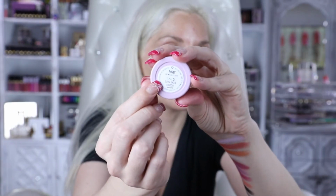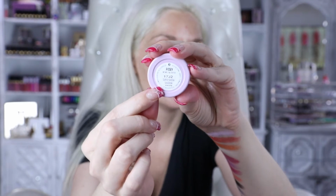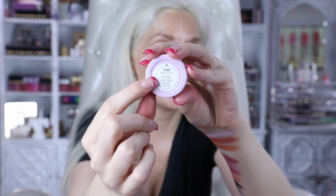Everything is very creamy and everything is very pigmented with the exception of the Super Shock shadows. I don't know why they are actually called Super Shock shadows. And then it just says beneath it, Ultra Glitter. But it should not be the same name as their typical Super Shock shadows because they are not. They are glitter. There's no pigment. So now I'm going to zoom you guys in so you can...